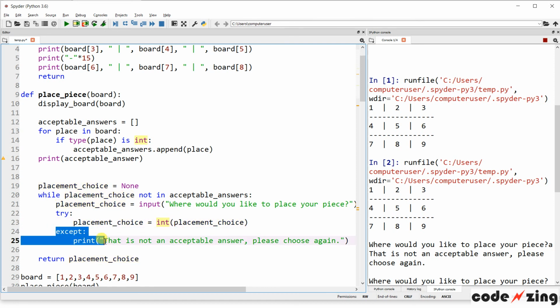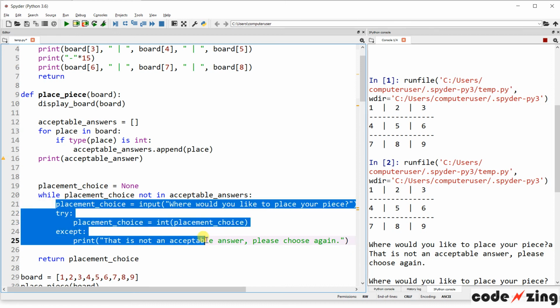The code fails, and it ends up running the accept code, which says that is not an acceptable answer, please choose again. Since this is all in the while loop, it will continue running until placement choice is in acceptable answers. So it says, while placement choice is not in the acceptable answers, keep doing this. Until somebody gives you a valid answer, keep running this loop over and over and over until you get